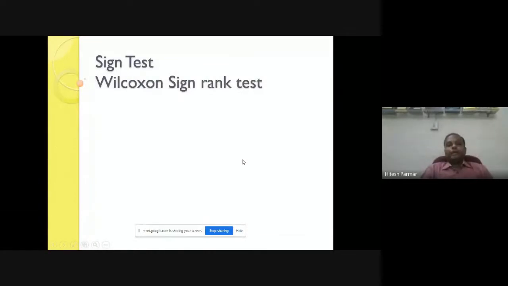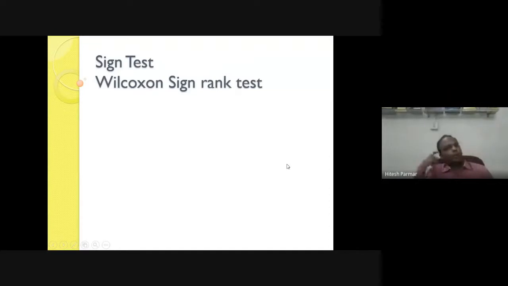Same situation, before and after, but the variable is ordinal in nature. Then you have choices available like Wilcoxon signed rank test and sign test. These two choices are available.